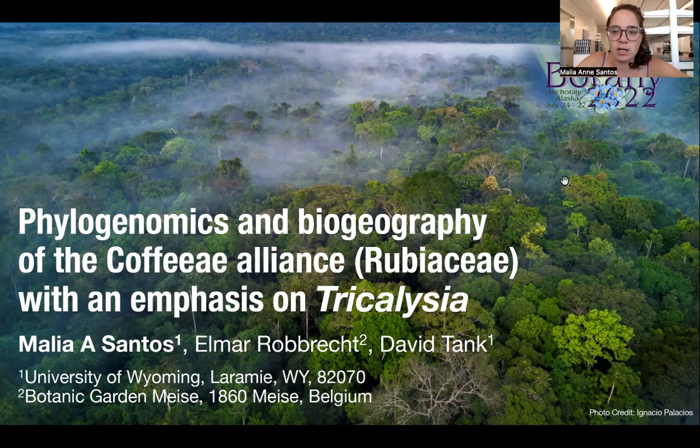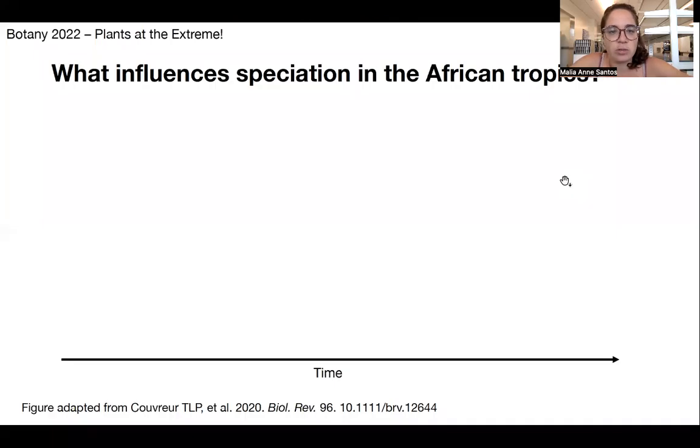Before we begin, I want to pose a question that I think is really important in phylogenomics, and one question that really drives the research that I do, which is what influences speciation? Big question. Specifically, asking this question in the African tropics is pretty cool because Africa is normally considered the odd man out when looking at the species diversification, or sorry, species diversity, in comparison to the neotropics and the Asian paleotropics. And so there have been a lot of